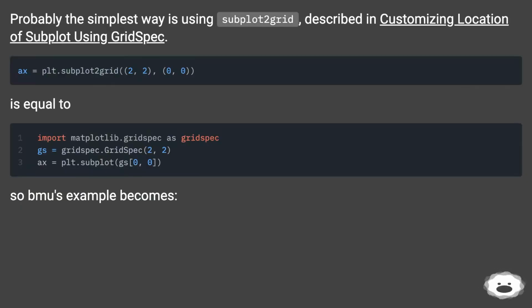Probably the simplest way is using subplot2grid, described in customizing location of subplot using gridspec. Is equal to. So Boo's example becomes